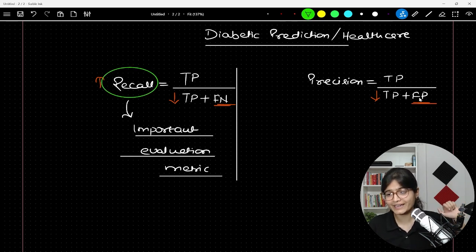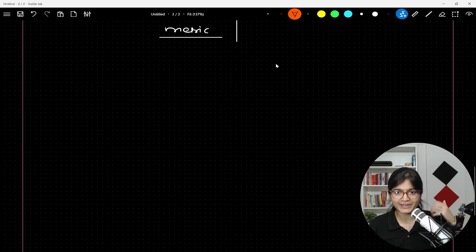Because precision will take care of FP. You have to reduce the FP in order to increase the value of the precision. But specifically for healthcare, the good evaluation metric will be recall as compared to precision. But let's say now I will give you one situation, one problem, and you can just let me know after